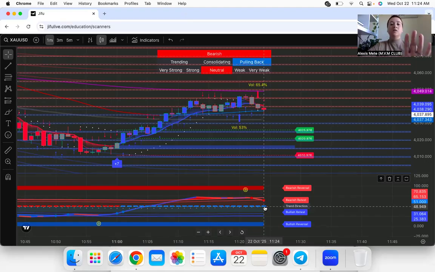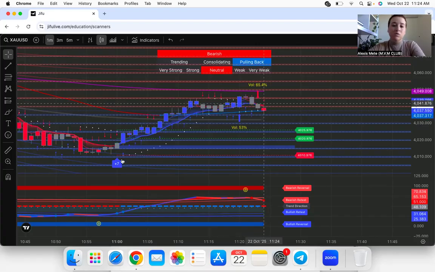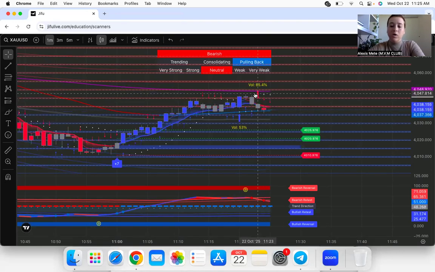Now, the thing about this, guys, don't do it if you're a beginner. I mean, if you're on demo, it's fine. But with the sniper arrow signals, they don't really give you coordinates. The scorecard gives you take profit one, take profit two, and a stop loss. But the sniper arrow signals are more advanced. So it's at your own discretion where you want to set your coordinates. That's why it's really not for beginners unless you go more into